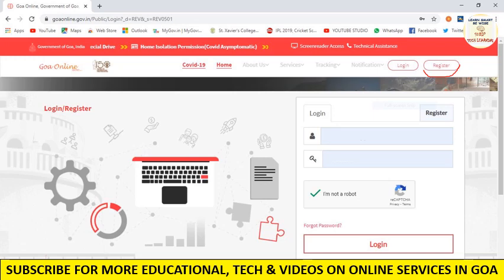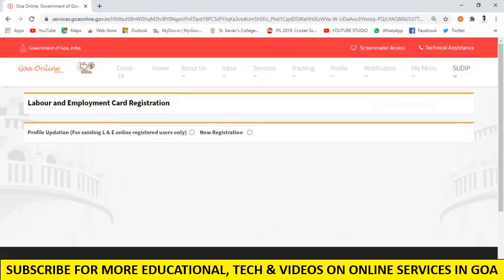When you register, you will get your email ID and you will select a password. Just log in through those credentials, make sure you tick the reCAPTCHA green, and then click on login. After you log in, this is how your application form looks at first. Here there is an option for updating your profile. If you have already registered online, only then can you update your profile. Those who have done online registration can update it, otherwise you have to go offline and register from the office.